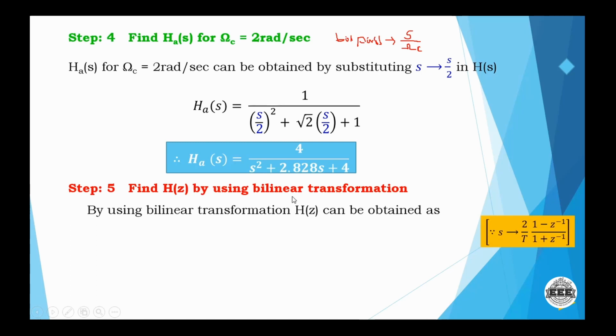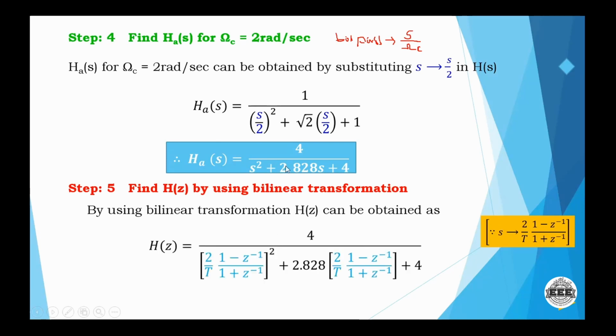What is the bilinear transformation method? We replace S in terms of 2 by T times 1 minus Z inverse divided by 1 plus Z inverse. Simply, wherever S is there, we replace it with 2 by T 1 minus Z inverse divided by 1 plus Z inverse. So if we replace this S in the previous expression, we get